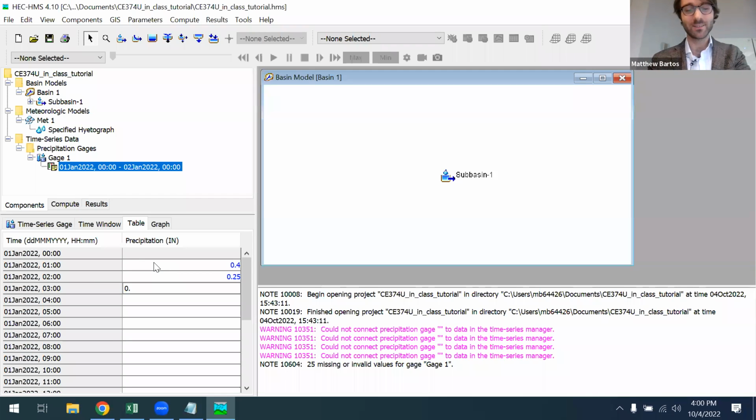I heard 0.7. Okay. Next. 0.3. Wow. Okay. Next. 1. Let's try it. Okay. And for the 6th hour, this will be our final one. What's a final rainfall value? 0.1. Okay. So this is all over the place.